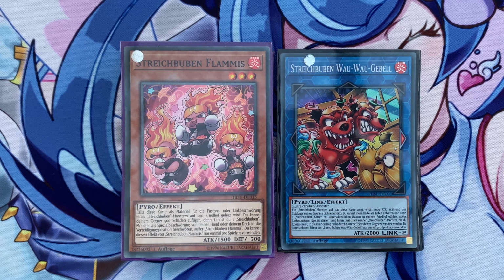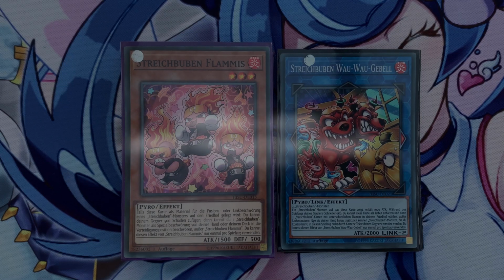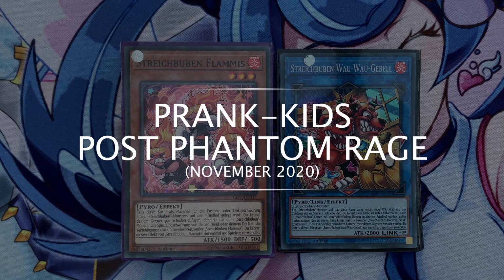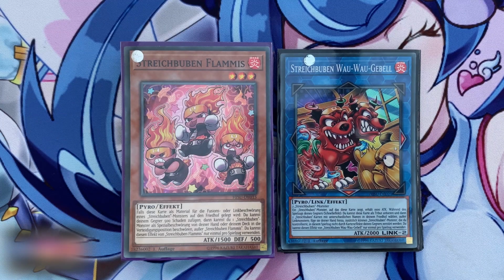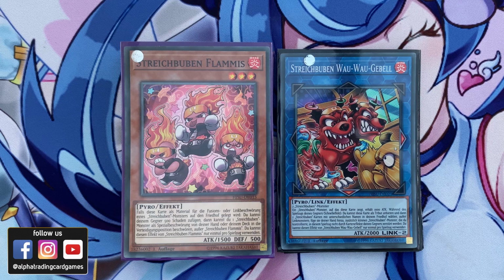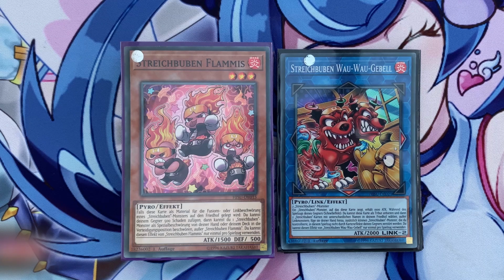Today we have another deck that got a huge boost from the Phantom Rage booster set. We have Prank Kids. This deck has had successful potential in the past. It has also won a YCS 2 years ago in Milan, but ever since the community figured out how the deck works and how to counter it, it lost a lot of popularity and the deck was knocked off as a competitive threat. But now with the release of a new monster in the Phantom Rage core set, this deck has